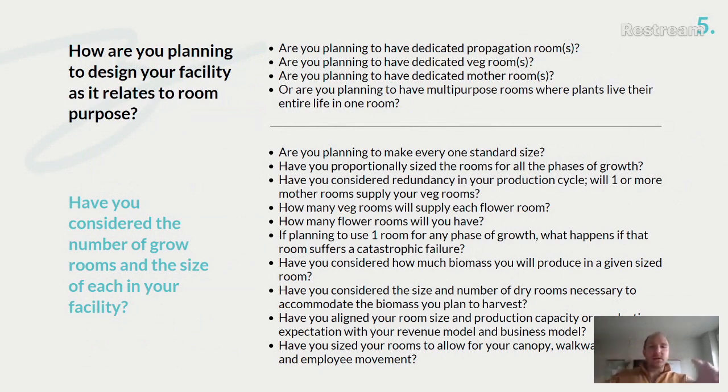Lastly, I touched on this a little bit as far as understanding your biomass and how often it's going to come down and at what periodic rate. This will really make it a little bit easier to understand if your business model is going to be executed upon. If your financial model dictates that you need to be able to produce, let's call it 12,000 pounds a year, well, then if we dial that back, that's 1,000 pounds a month, and we'll be able to determine through our room size, through the yield that we're expecting, are we going to be able to execute upon that? And literally at this stage, we'll be able to start doing some checks on whether our business model is going to be able to be executed upon.